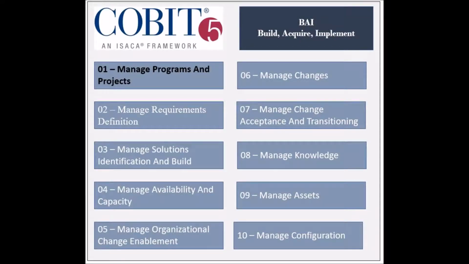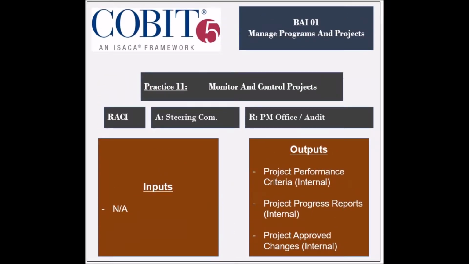The first process of the build, acquire and implement domain, called Manage Programs and Projects, has 14 practices. The 11th practice is to monitor and control projects. The entities responsible for this practice include the business process owners, the project management office, and the audit function. The entity that is held accountable is the program steering committee. The practice receives no inputs from internal or external sources. It generates 3 outputs, which are the project performance criteria, the project progress reports, and the accepted project changes, all